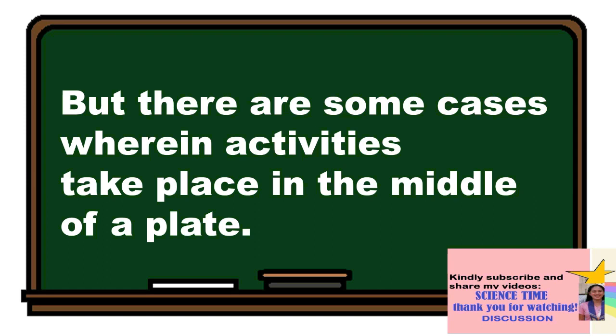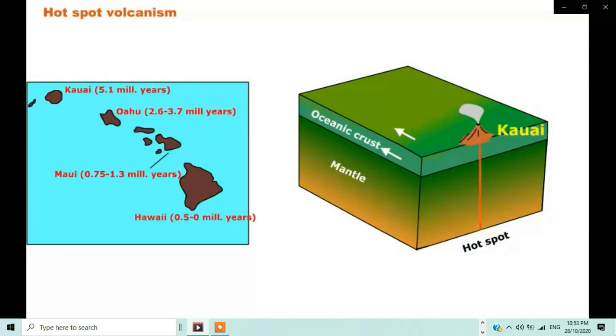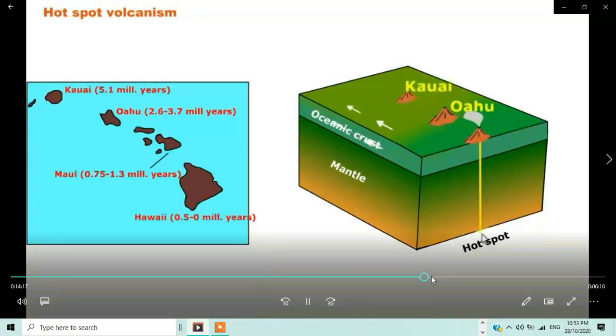Let's take the case of the Hawaiian Islands. Here, we can find some of the largest and most active volcanoes of the world. If we're going to look at Hawaii, it is situated right in the middle of the Pacific Plate and not along